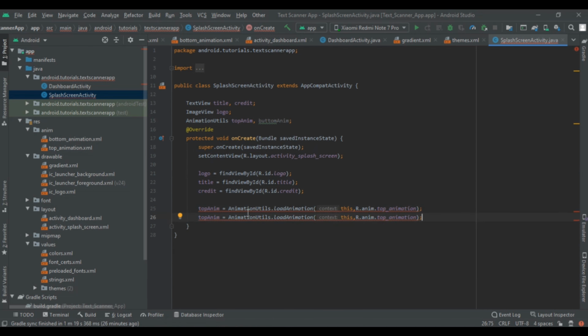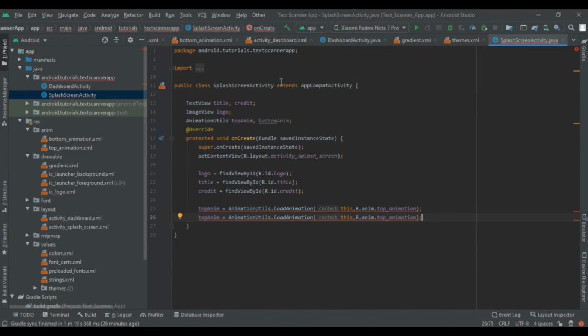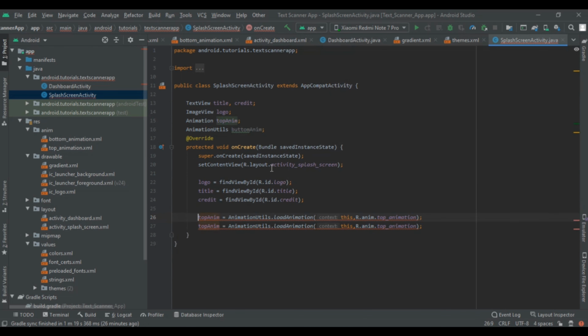So this will generate an error. It says we had provided the animation and required type is animation utils. So change that field and we have to write animation only, not animation utils.